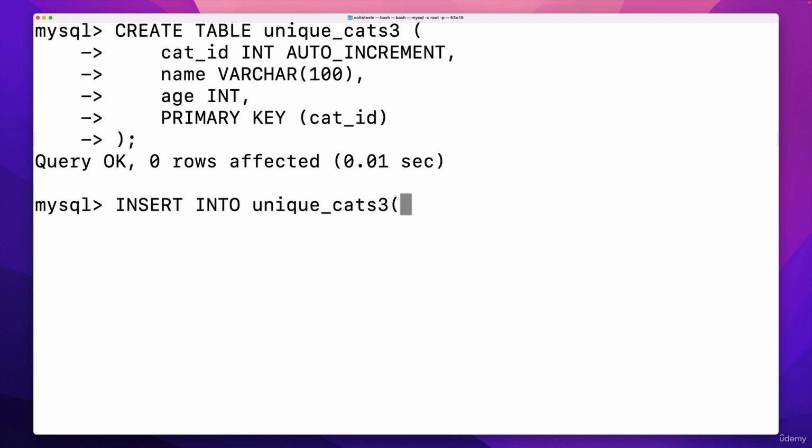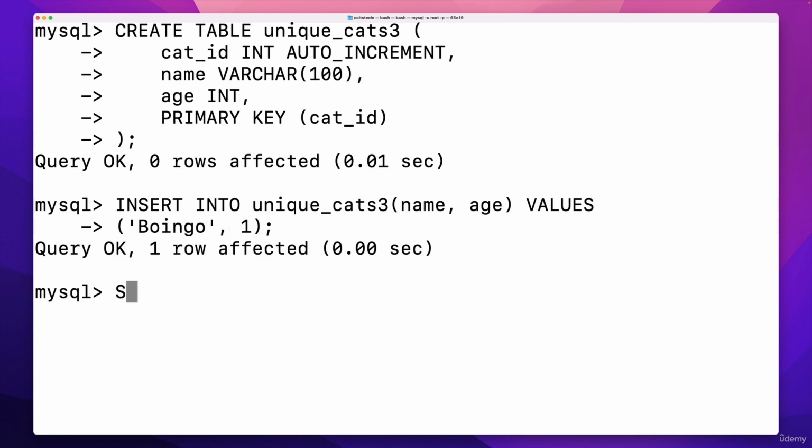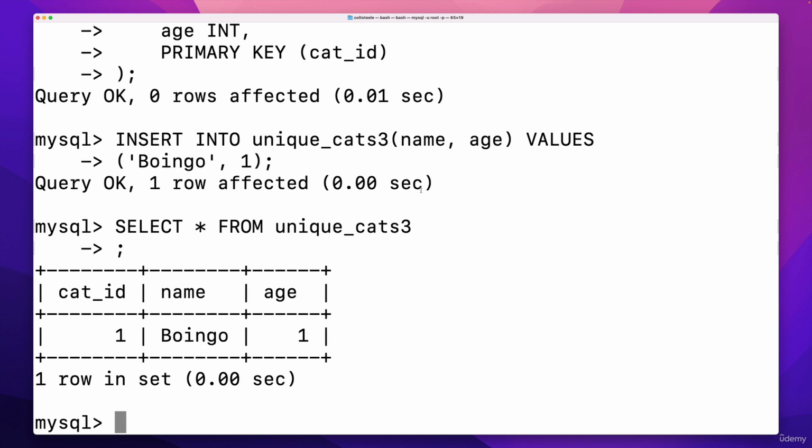And I don't have to specify a cat ID. I simply need name and age. And technically, I don't need any of those actually because they're not required. They could be null, but let's add them in. So name will be Boingo and age will be 1 for this first cat. Let's take a look. Select star from unique cats 3, and we see that cat ID was automatically assigned and